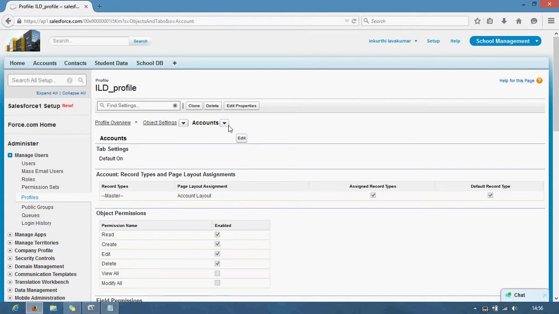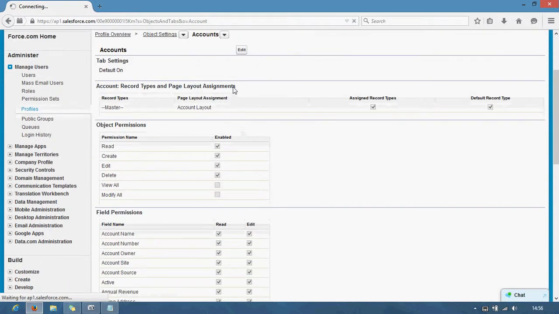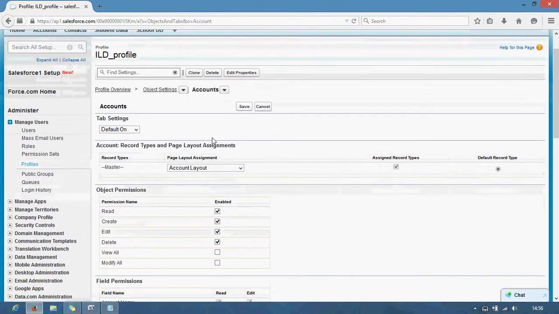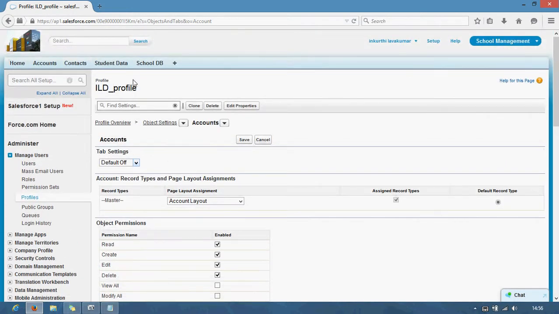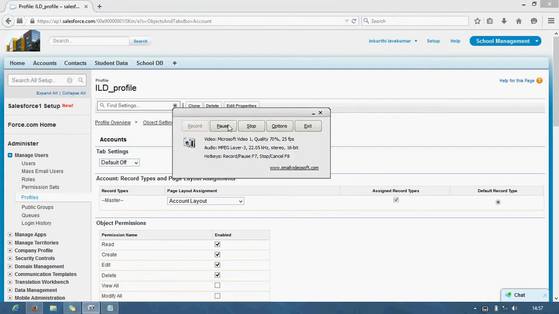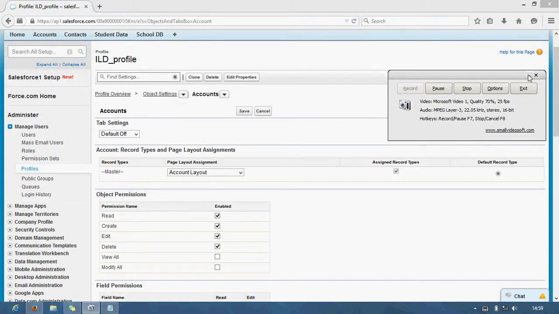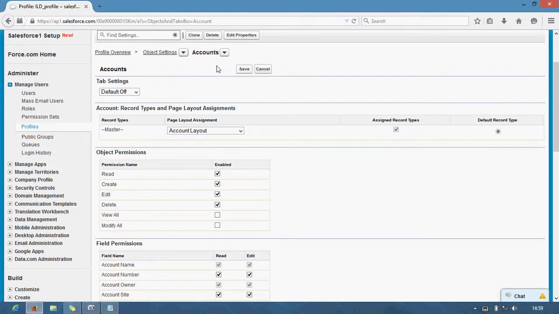You will find Read, Create, Edit, Delete, View All, and Modify All. For the ILD profile, I'm assigning only the Accounts layout, with the tab set to default off.